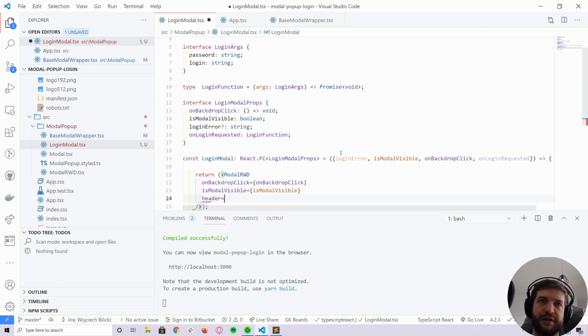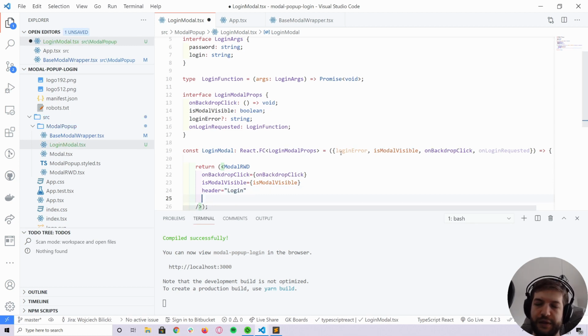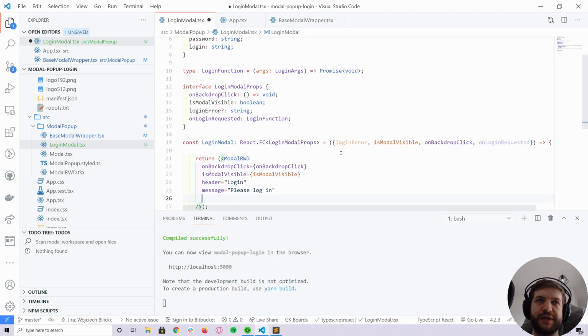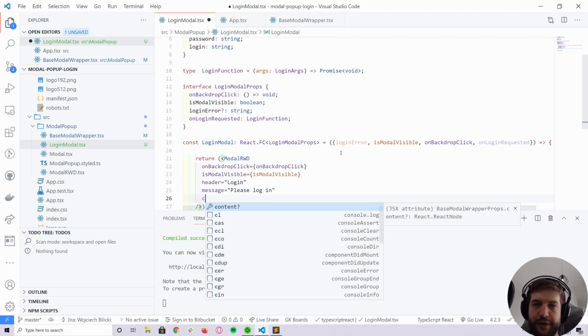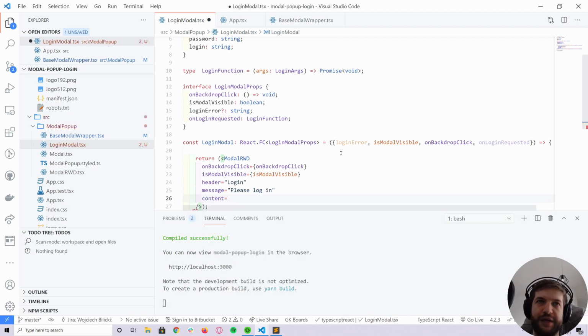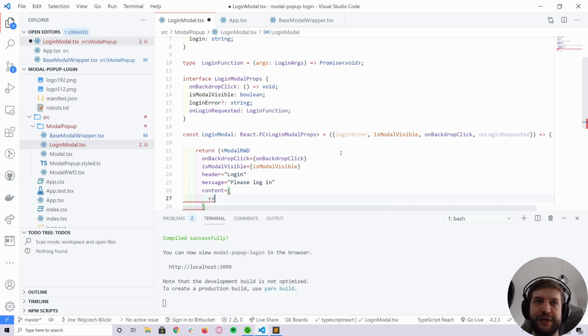The header, login message, let's call that please log in. So that's cool. Now, the content is going to be an interesting part because what we need actually,